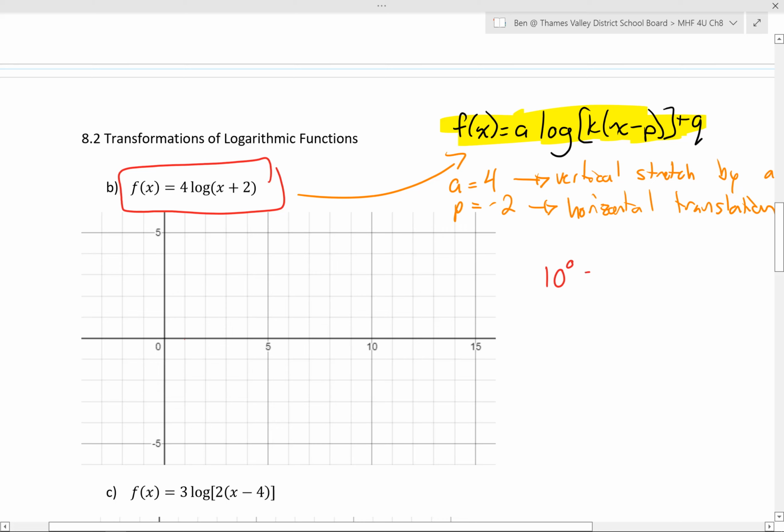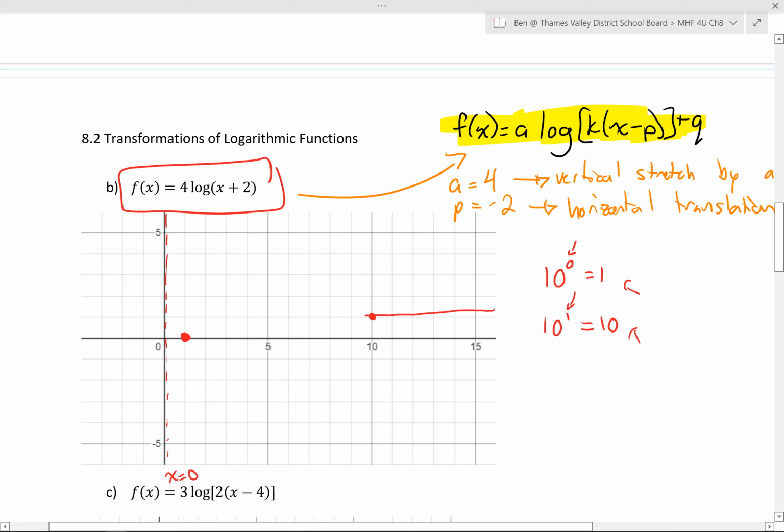10 to the exponent 0 equals 1. 10 to the exponent 1 equals 10. Okay, so I remember my y values are the exponents. My x values are what they equal. Good, so I'm working with (1, 0) and I'm working with (10, 1). This was my base function. I need the